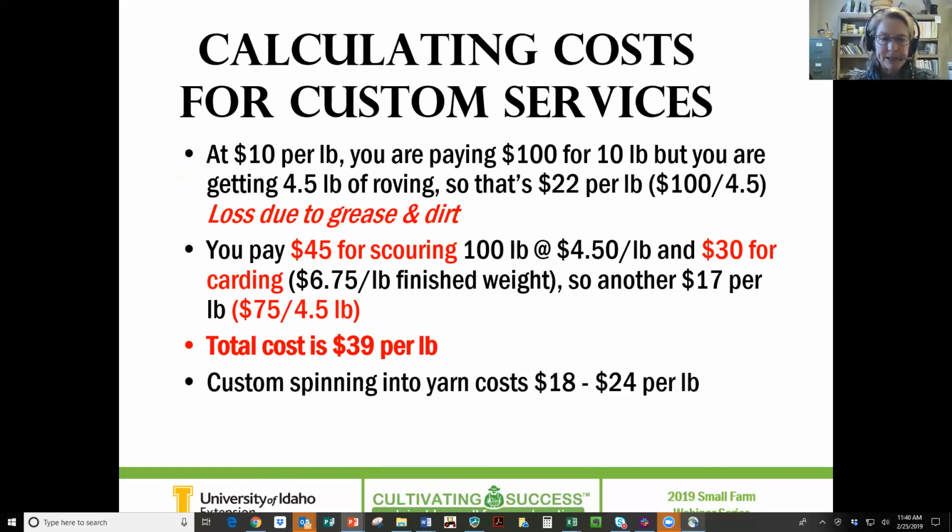And if you had it spun into yarn after that, well, you wouldn't do it quite that way. You'd just have it scoured, and then you'd spend $18 to $24 per pound. But if you think of those 4-ounce skeins that you saw on the previous slide, that's a quarter of a pound, and I was selling those for $12 for 4 ounces. There's not a lot of room for doing any kind of wholesale, unless hopefully you're getting that entire amount for retail. I tried to make it so that it would be equivalent to selling raw fleeces when I sold my yarn. But you know, you've got shipping to the mill, shipping back.